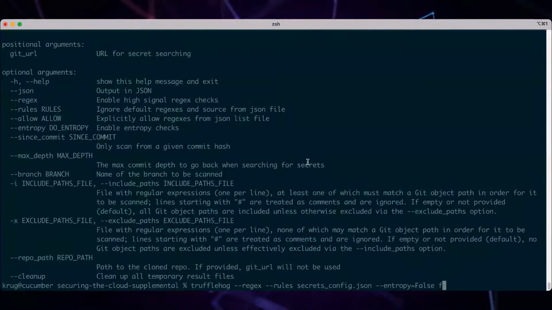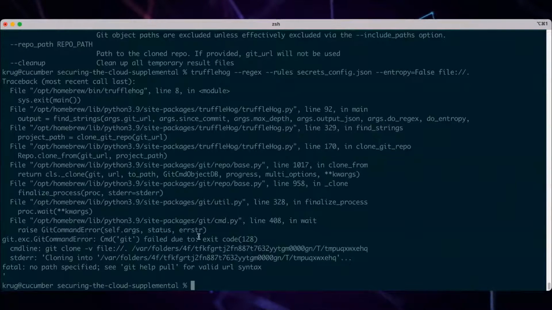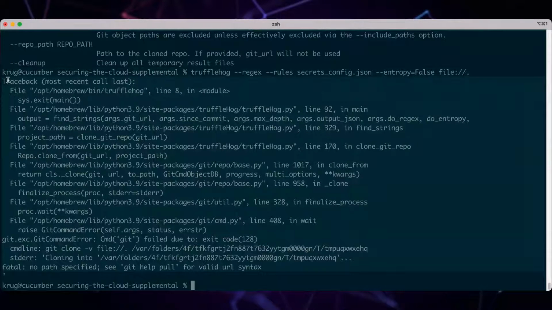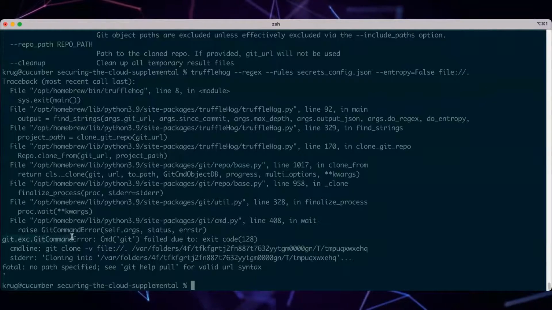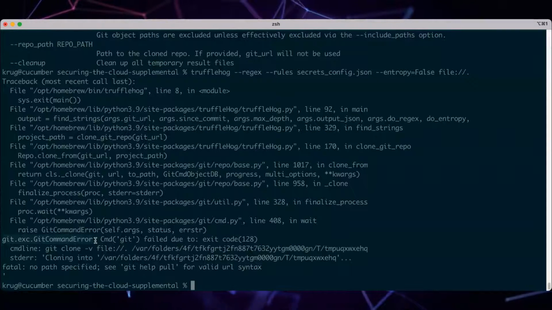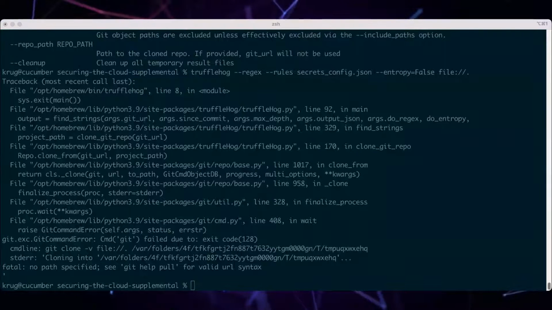And now we start to see the problem with running this sort of tooling locally on the machine itself, because we're actually getting a Python error here. I think that we're providing the entire correct command, but we're getting a failure because it looks like there's a problem with gitexec, the Python module, in my version of Python, which is 3.9. So in theory, this is also packaged. Oh, there's an issue with it on M1 as well. And I'm running on an M1 Mac. So we're seeing all of the challenges we might encounter actually trying to implement something like this.